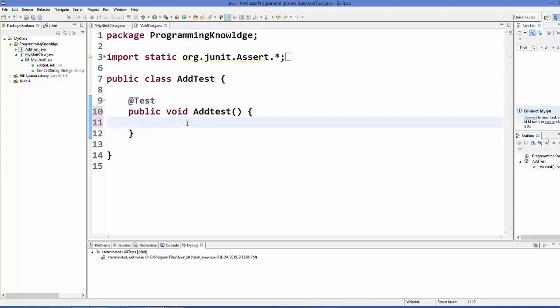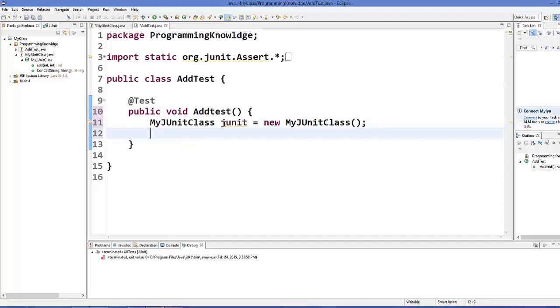So in this add test, we will define our class, and we will name it as JUnit, for example, is equal to new my JUnit class, and then we can use this to call the add function inside our my JUnit class, right? So we are expecting int as a result